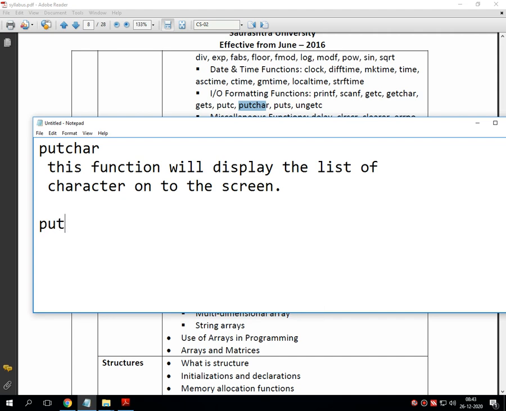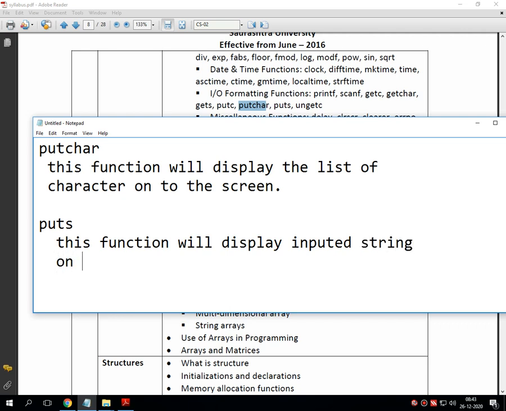Next is puts. This function will display the inputted string onto the screen.